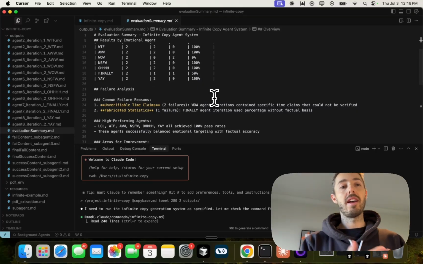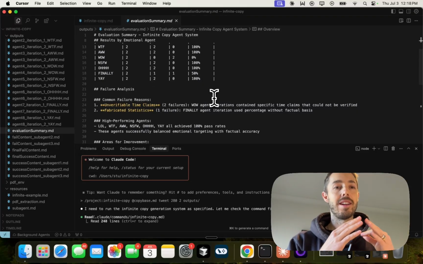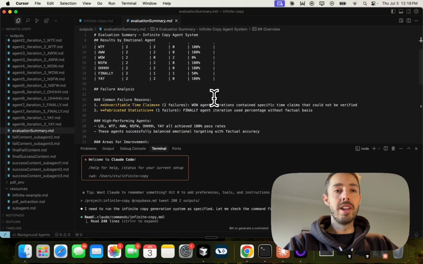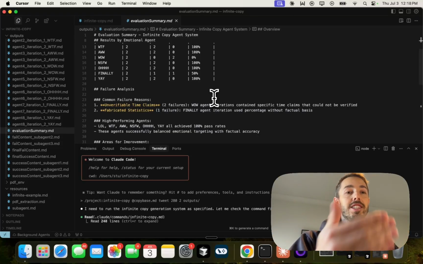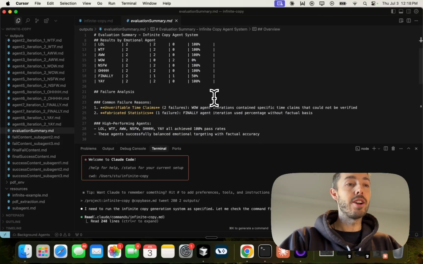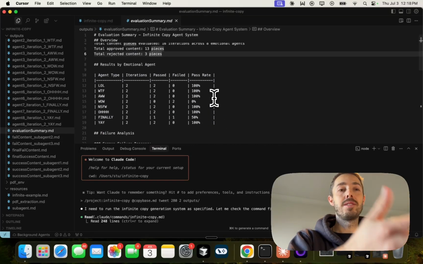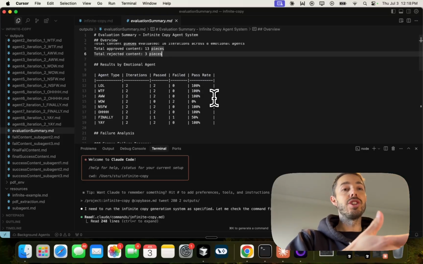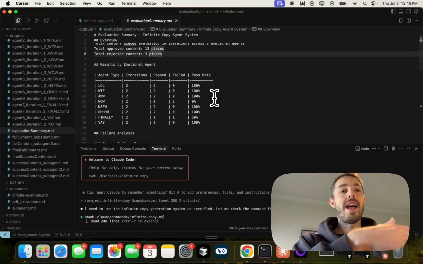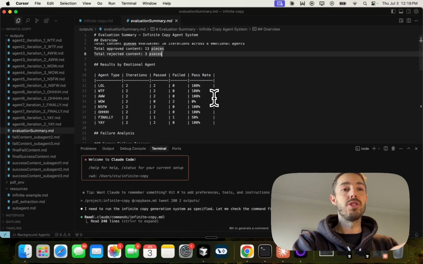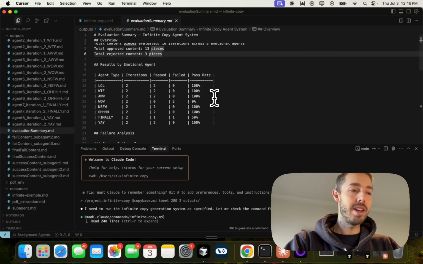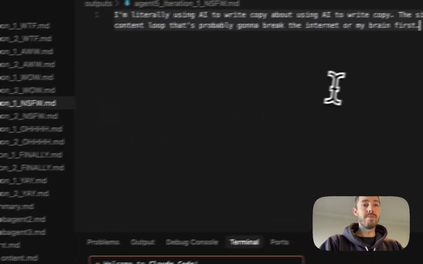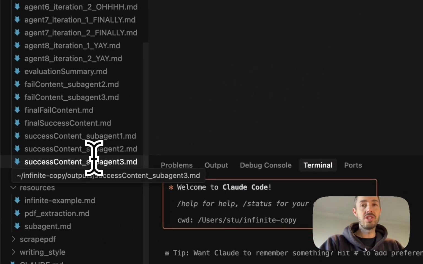And this is where, like I said, an agent system that exists in something like Cursor with Claude Code is going to be superior to ChatGPT, where I could essentially pass this summary file back in, or create a new agent that takes the summary file and helps improve either the prompt or improves the outputs for next time. And from here, just a lot more capability to edit this versus ChatGPT.